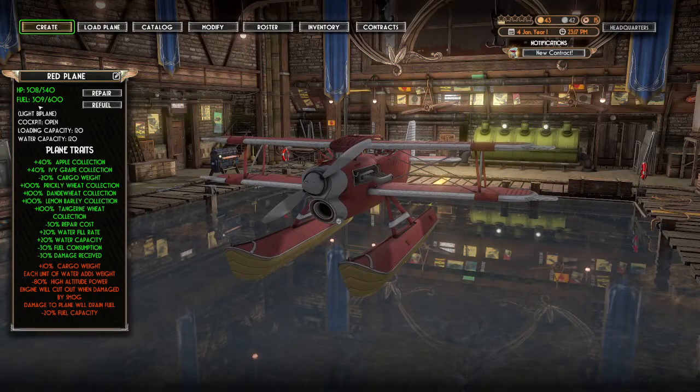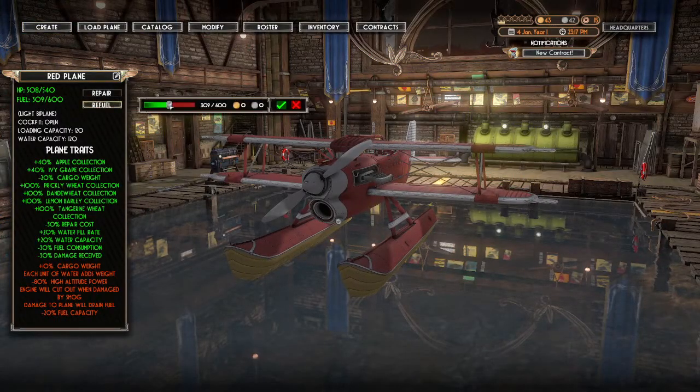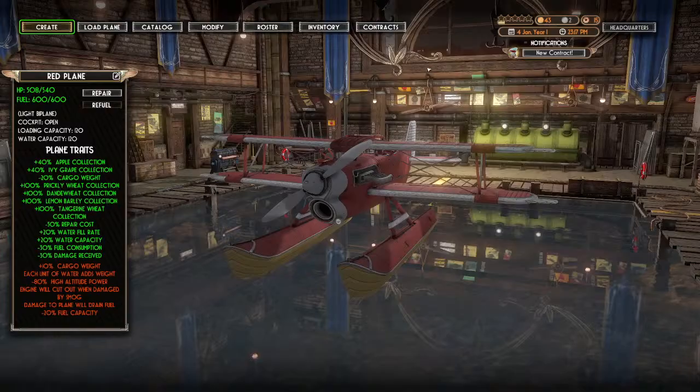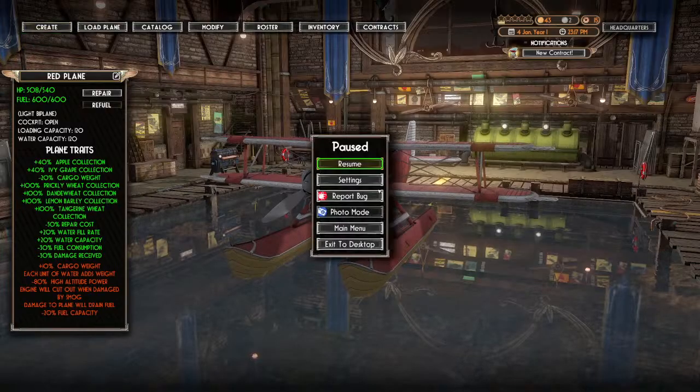Alright. We don't need any repairs, but we will go ahead and refuel. Alrighty. Let's see. I guess it auto-saves. Saves at docks. Alright. Well, then it would have just saved, so...